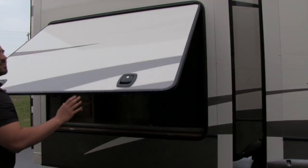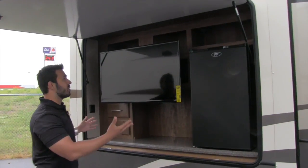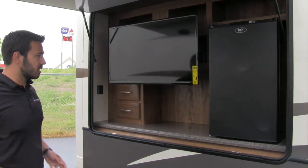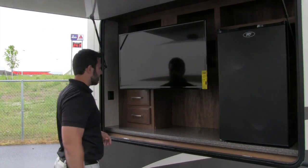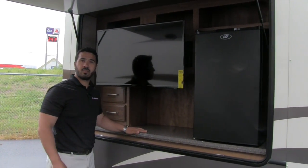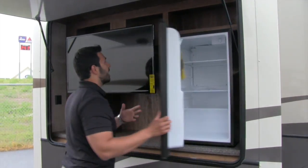Let's open this up. Again, this is something you see on a lot of bunkhouse models, but very rarely do you see it on a rear living model, so I love that they did this because this is something I want. Your outside entertainment center. You see right here you have a 40-inch TV, so very large TV, plenty of room for everyone to sit out around and be able to watch it. You have some cubby holes up top for storage, additional room down here to plug in, so if you need to plug in any kind of components like a DVD player or something, you can go ahead and do that. Some extra drawers there,